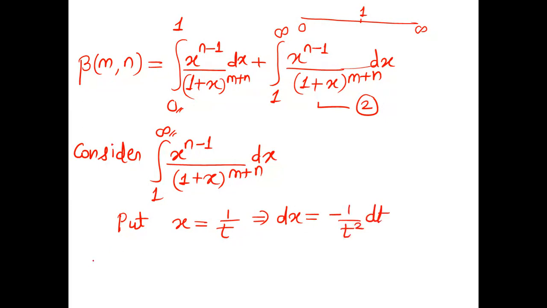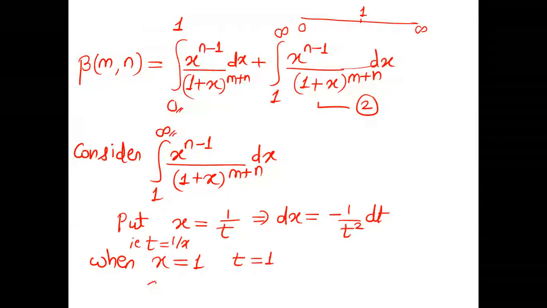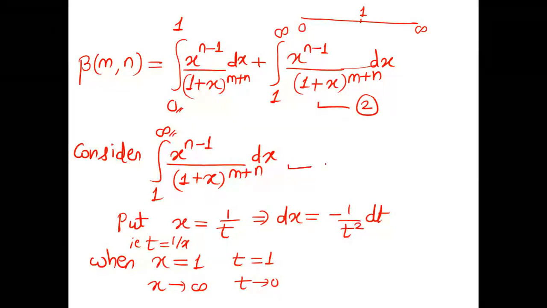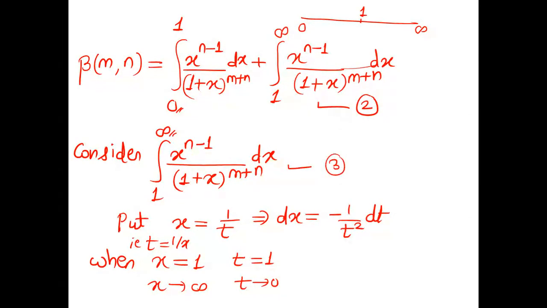Let's find out the change in limits. Obviously x is 1 by t means t is 1 by x. So when x is 1, what will be t? t will be 1. And when x tends to infinity, 1 by infinity, t will tend to 0. So now our limit is as per requirement. We want the limit 0 to 1. So let's use this over here in this integral, equation number 3. Therefore equation 3 implies